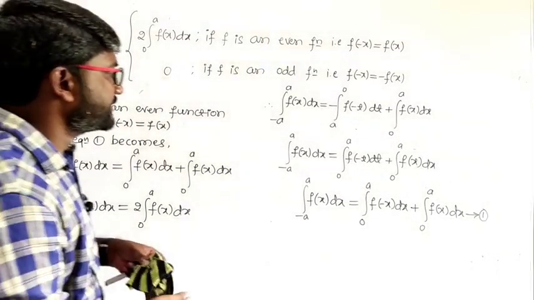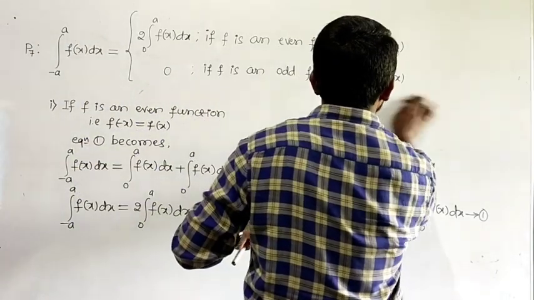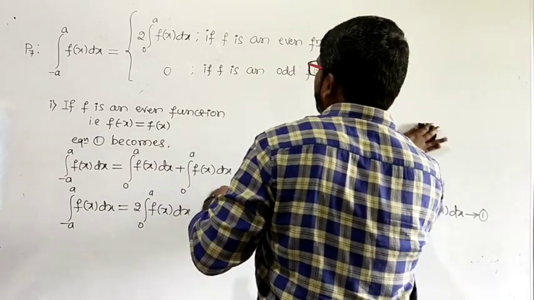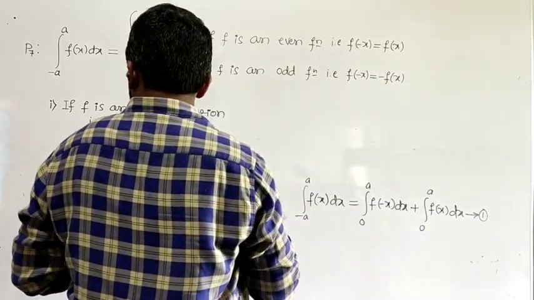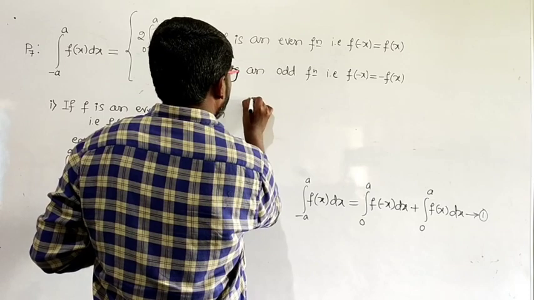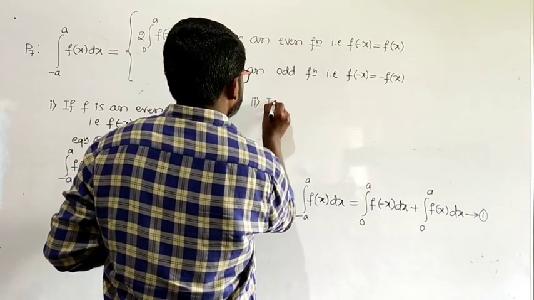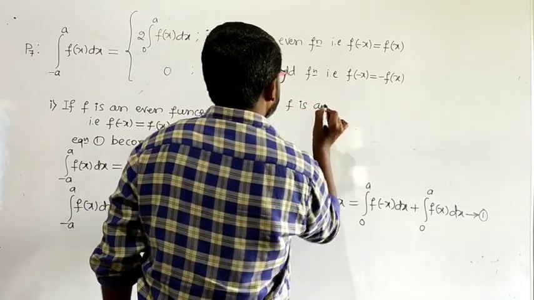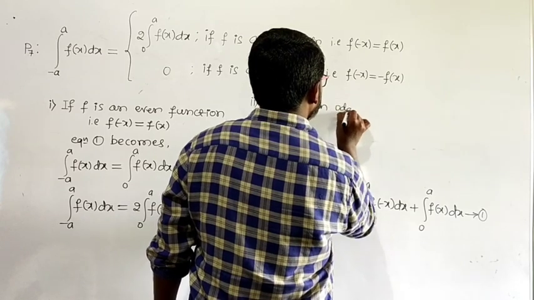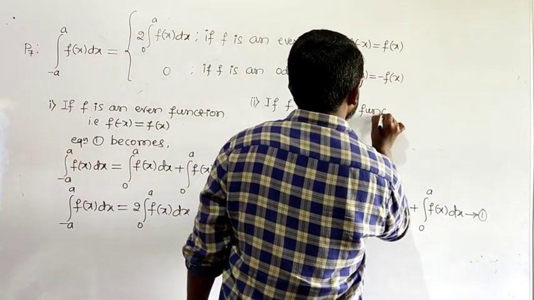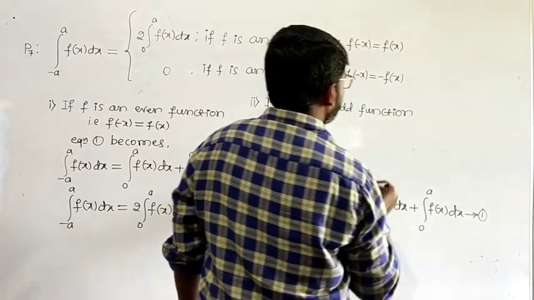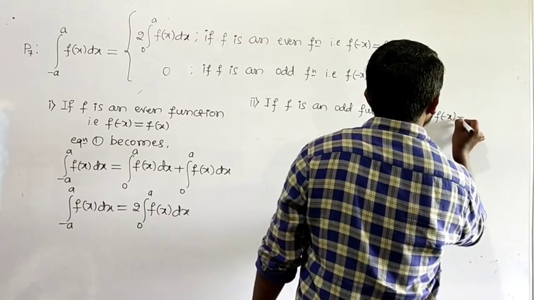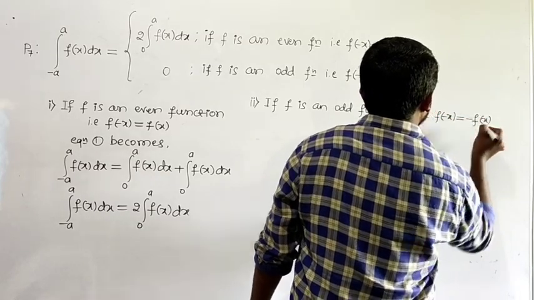Then I will move on to the second case now. So I'll go for the second case, Roman number 2. If f is an odd function, that is f of minus x is equal to minus f of x,